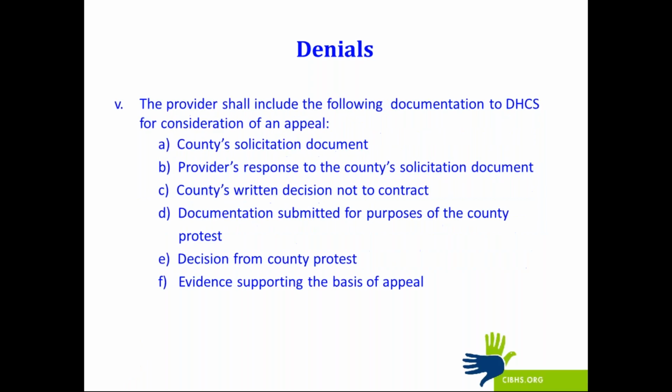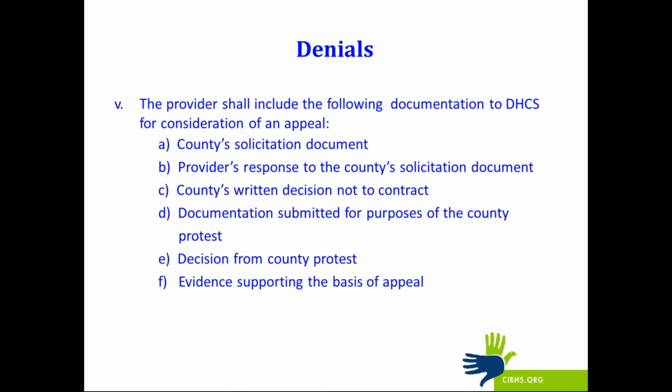Next slide. Number 5 here, the provider then shall include the following documents to DHCS for consideration of appeal. And I think this is why a lot of appeals probably never make it to the state level. It really requires a fair amount of documentation in order to get an appeal lodged appropriately. The packet would have to include the county solicitation document, so the document that the county used to go out for bids, the provider's response to that document, so whatever your bid was, the county's written decision not to contract with you would be included in it,